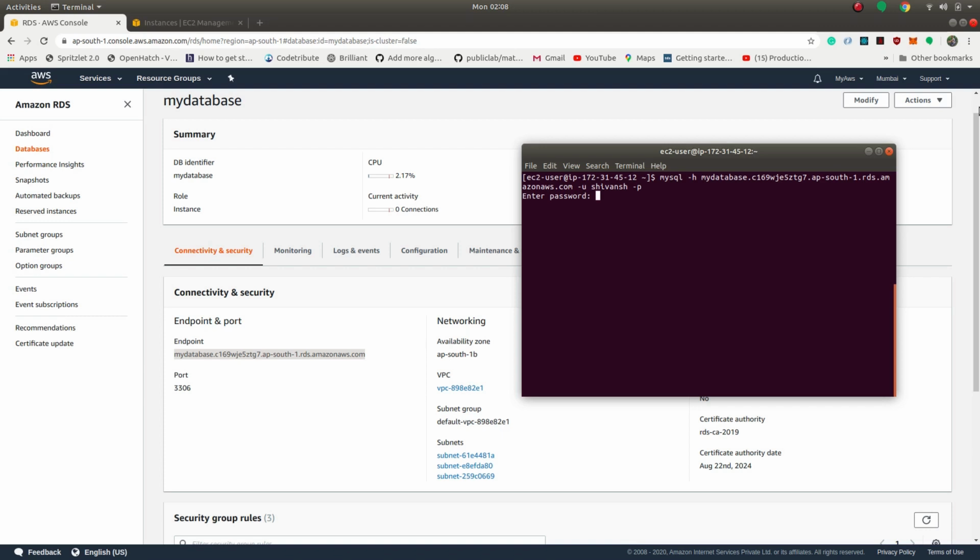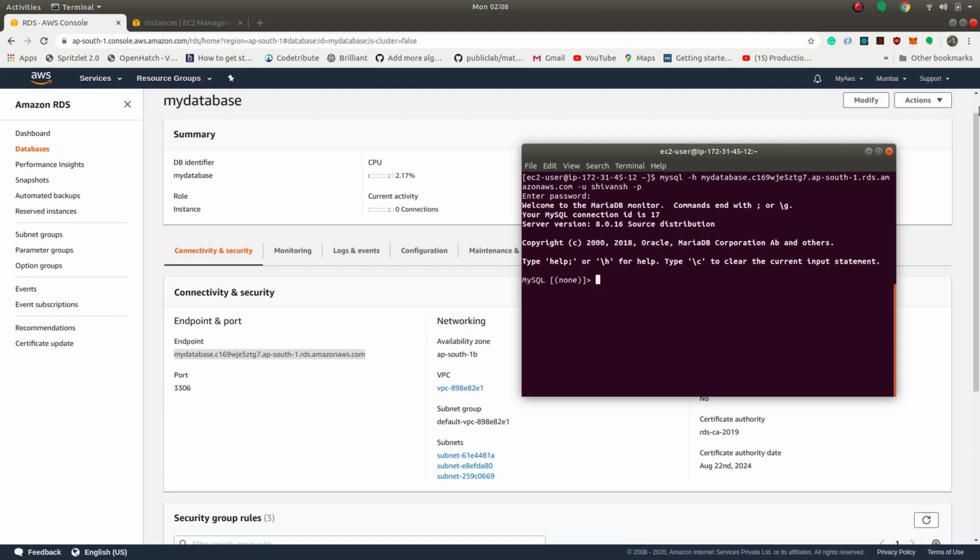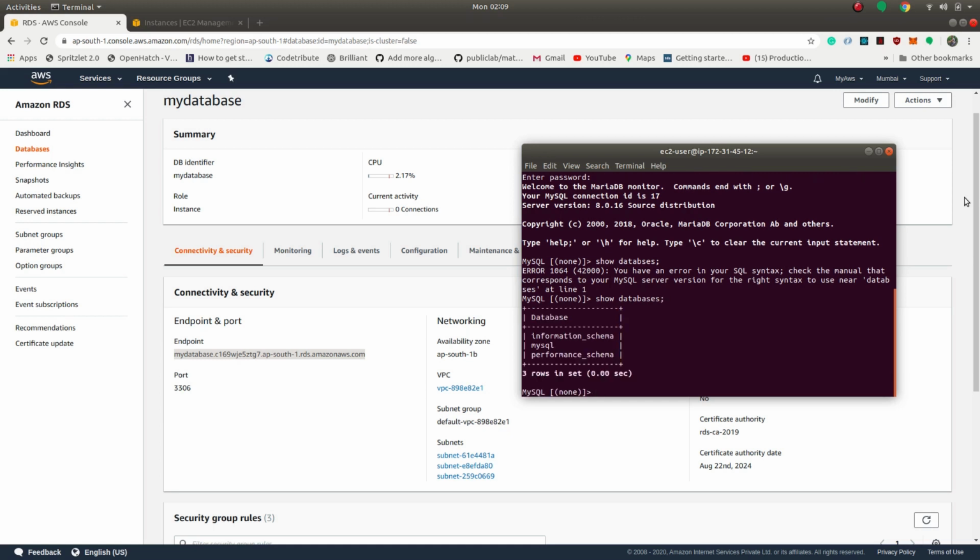Now I'll type my password. As you can see, now we are able to access MySQL using our EC2 machine. We'll see what databases are present by default. These are the databases present in our RDS, in our MySQL database.